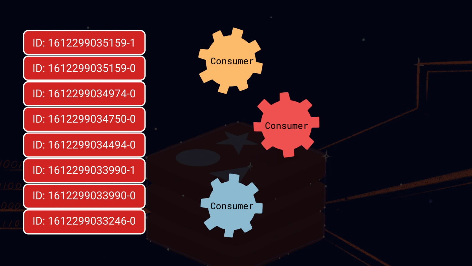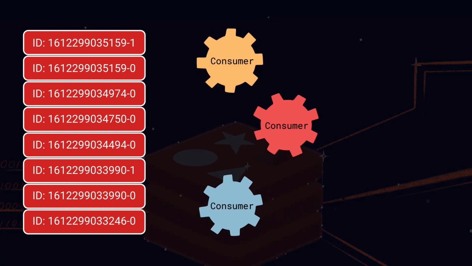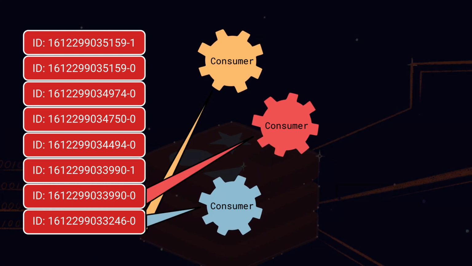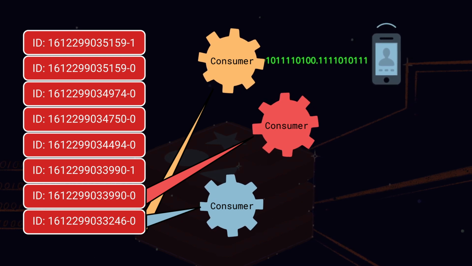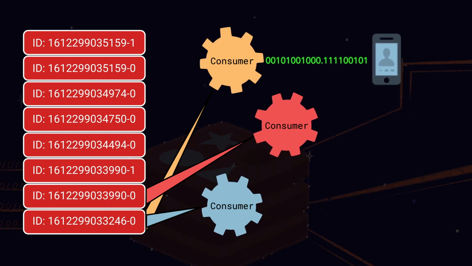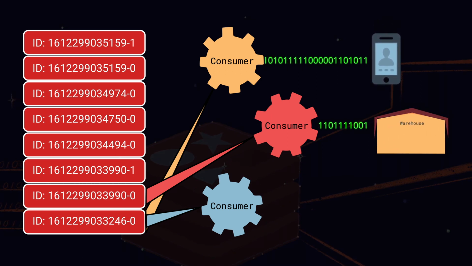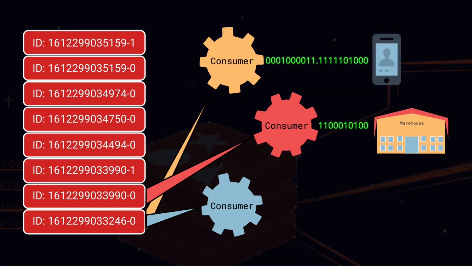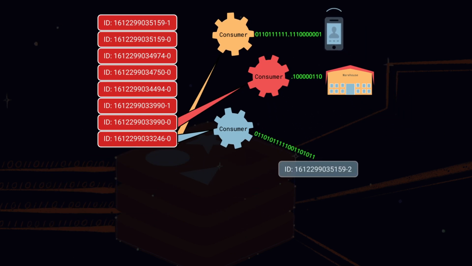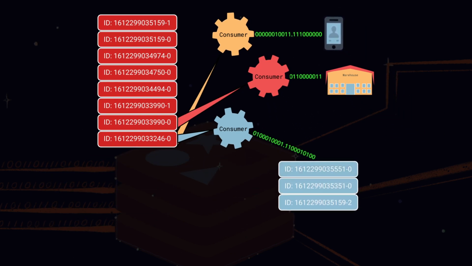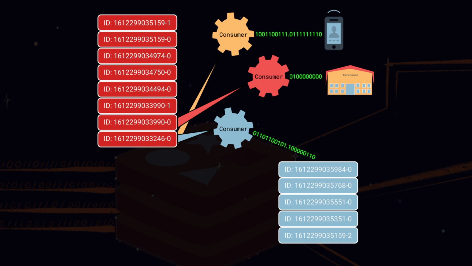What's interesting is that you can have more than one consumer reading from your stream. Each consumer has its own role. For example, one type of consumer might create notifications in a mobile application when certain trigger values are seen in the data. Another consumer might write all entries to a data warehouse for later analysis, while a third consumer could act as a producer for yet another stream, adding only a subset of the entries to the new stream.